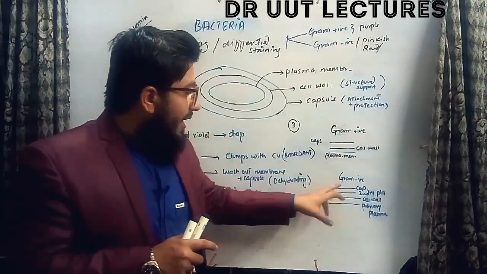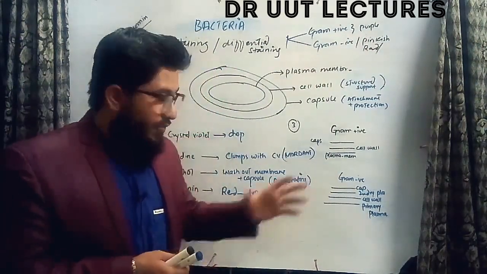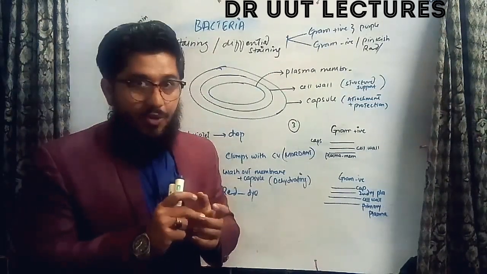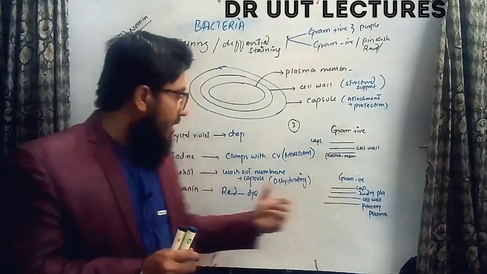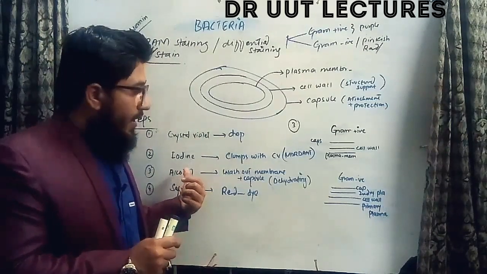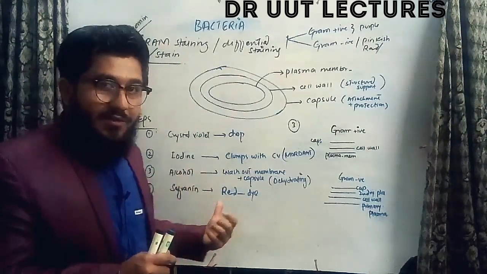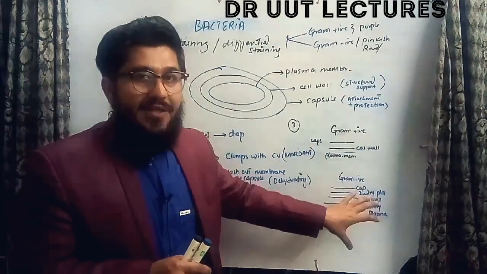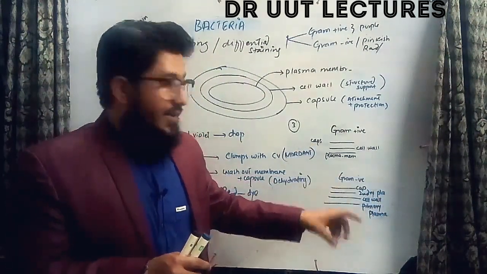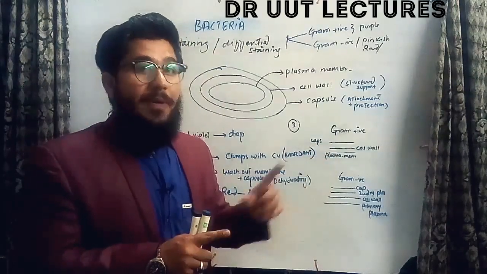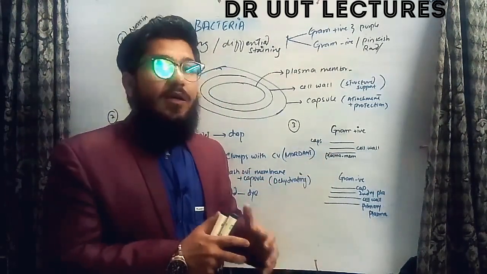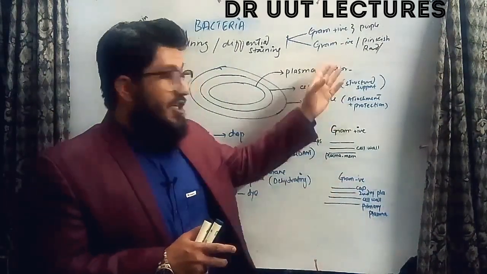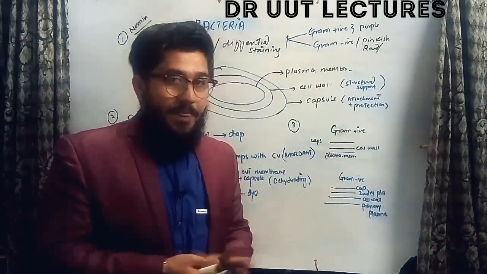That's it. Regarding gram negative point of view, we got the concept that the dye, the membranes, the capsule, they all actually washed out after applying the alcohol. Now when we apply the safranin, this is the only dye when we apply, and this actually goes and stains the bacteria. So like this, the gram positive will be stained purple at the end of the staining, and the gram negative will be stained reddish pink at the end of the staining.